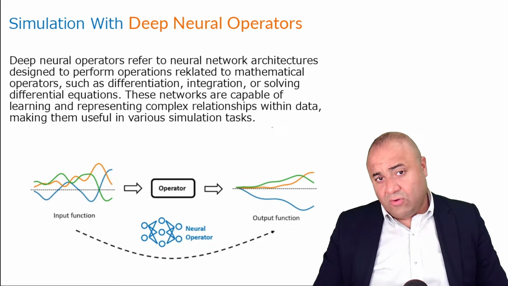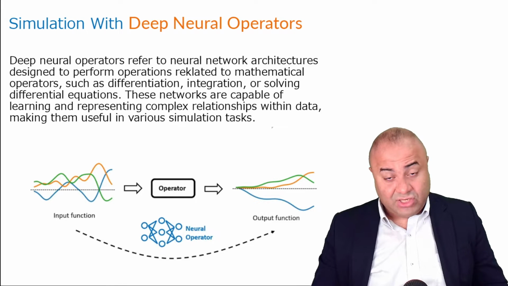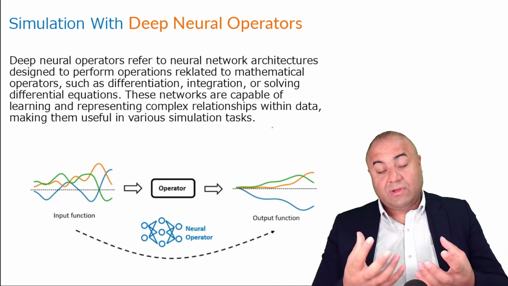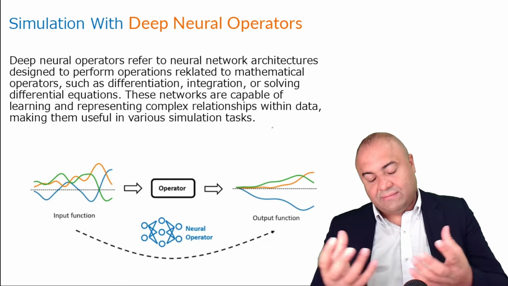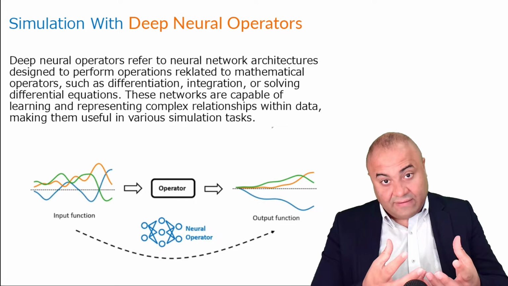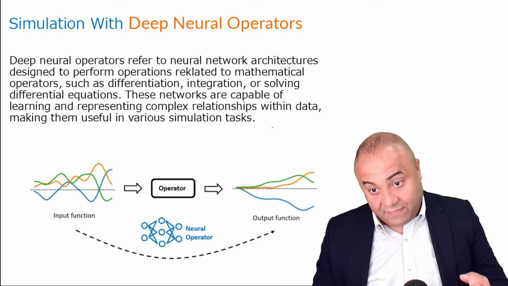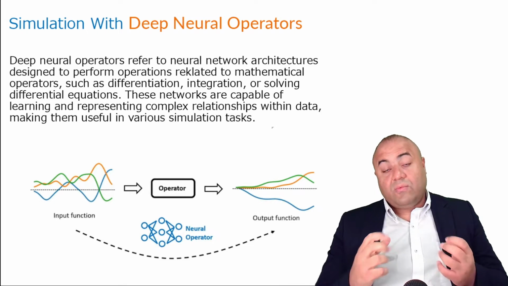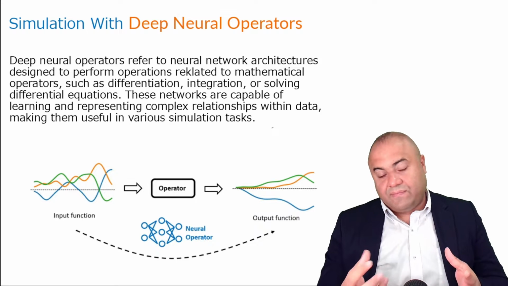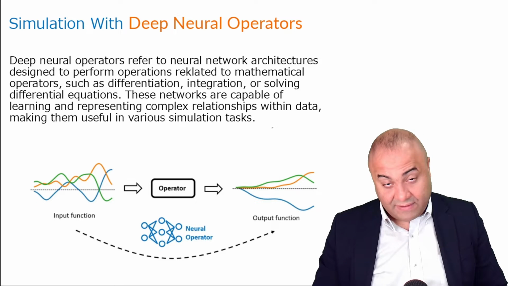So an operation can be getting a value of a function. For example, if you have x, we want a value y through f of x, a function. This is a mathematical operation that, using a function, we can connect a value of x with a value of y, or with a value of f of x. Now, an operator is not just a function. An operator can be wider than getting a value through a function.